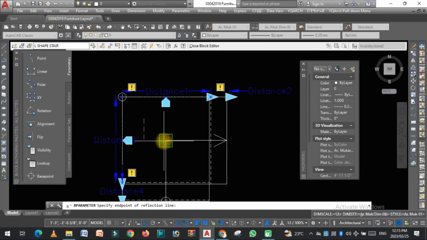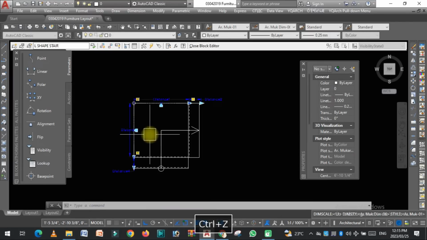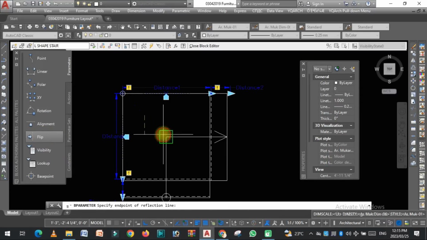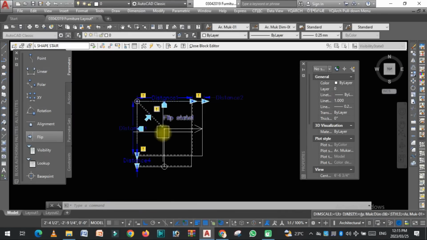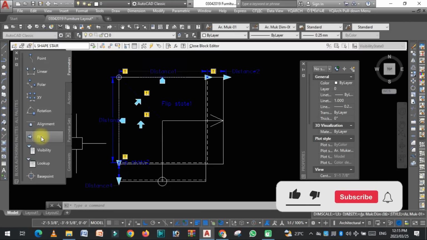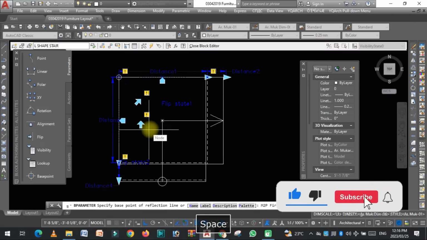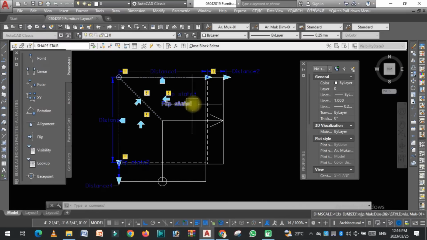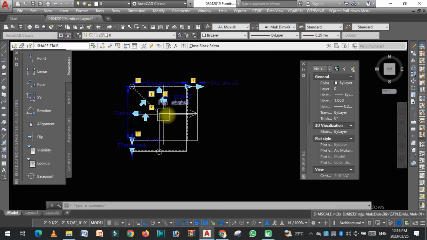Now click on the flip and type M2P, line, flip M2P, now flip again, type M2P, center point, end point, enter. Now again select M2P, center point, end point. Now go to action,